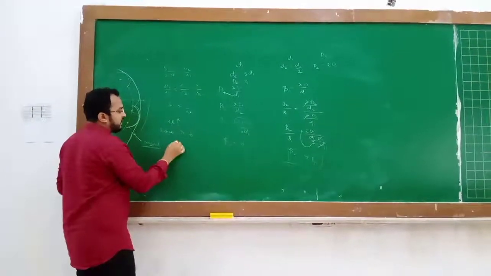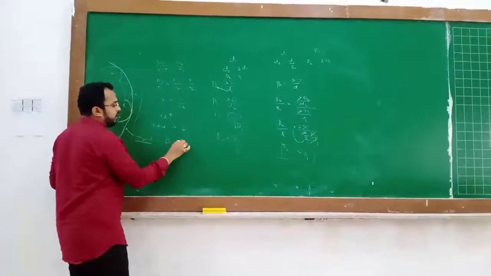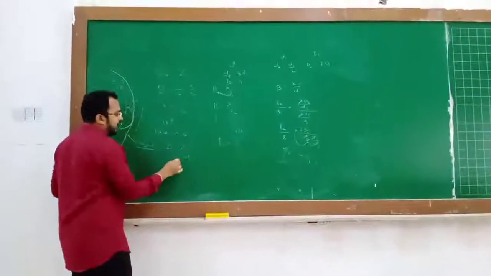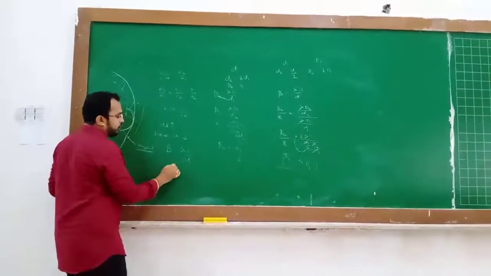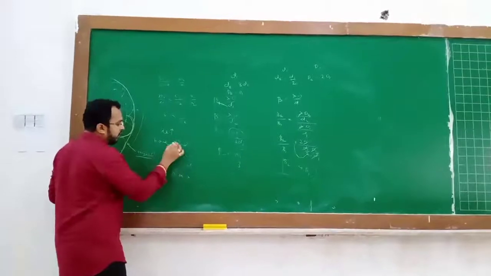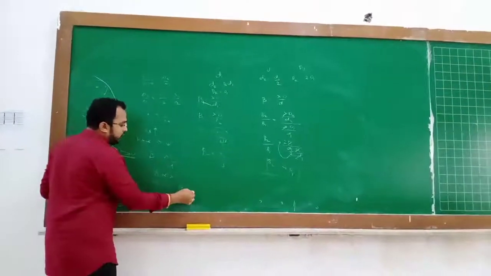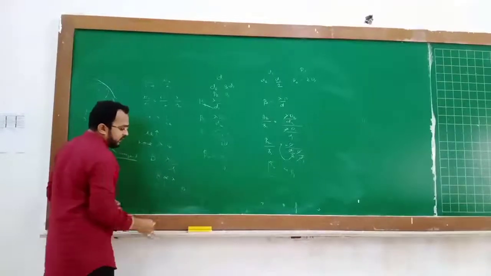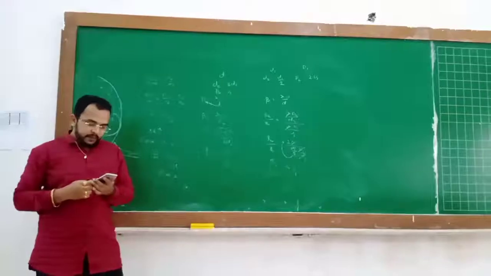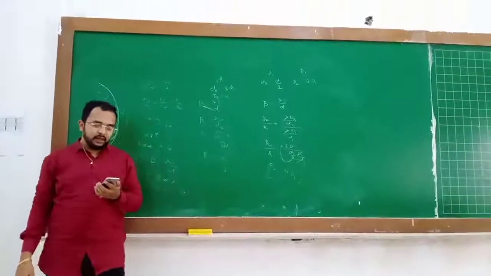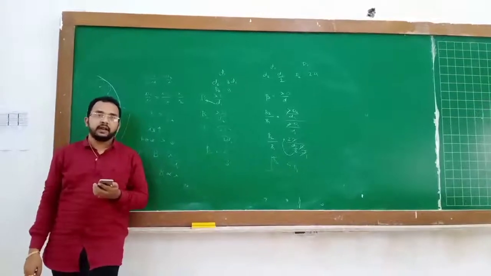So as lambda decreases, beta is equal to lambda D by d. आपण हे बघितलं रिव्हिजन क्लास मध्ये. So as lambda decreases, beta will also decrease because beta is directly proportional to lambda. If lambda decreases, beta will also decrease. So fringe pattern, what are the options given? Fringes disappear, unchanged and enlarged. So option A is correct.